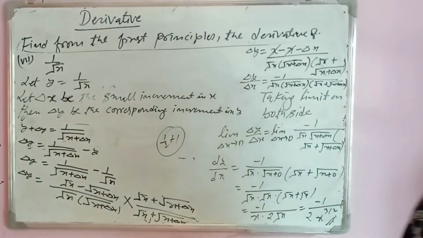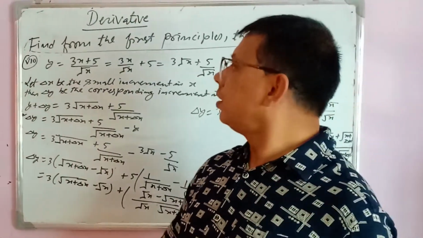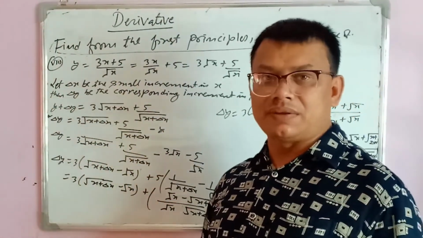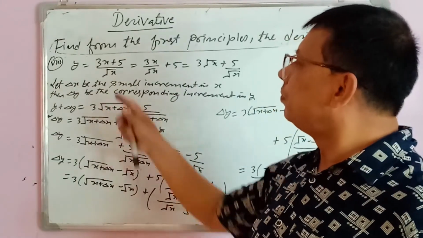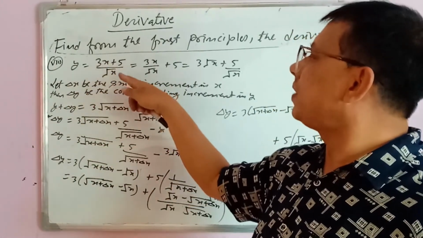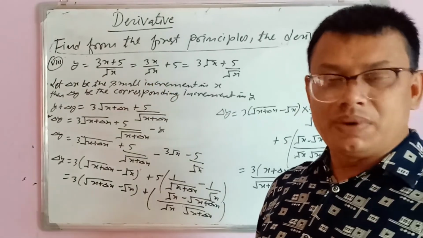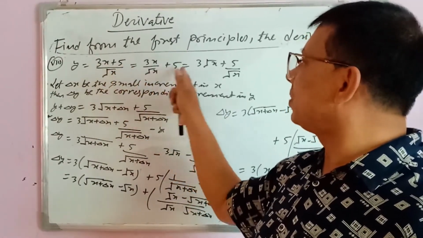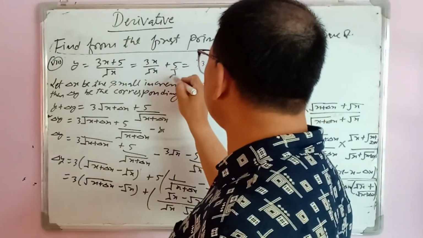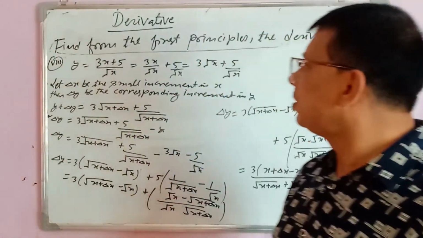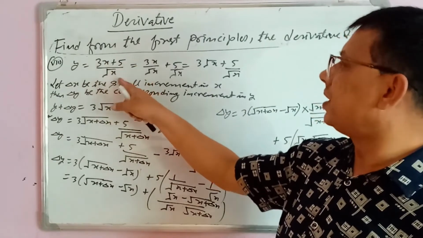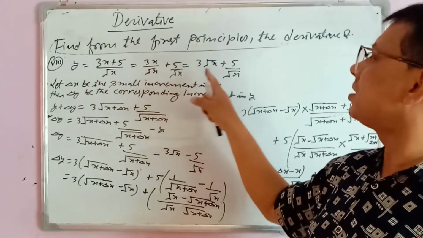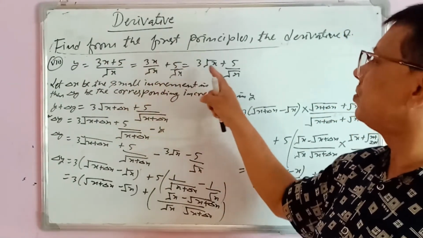Last question, this question was asked in 2072 in board exam. y equal to 3x plus 5 by root x. So complicated it looks, so we should break it down: 3x by root x plus 5 by root x. Now root x and x, if you cancel, it will be root x is x, so 3 root x plus